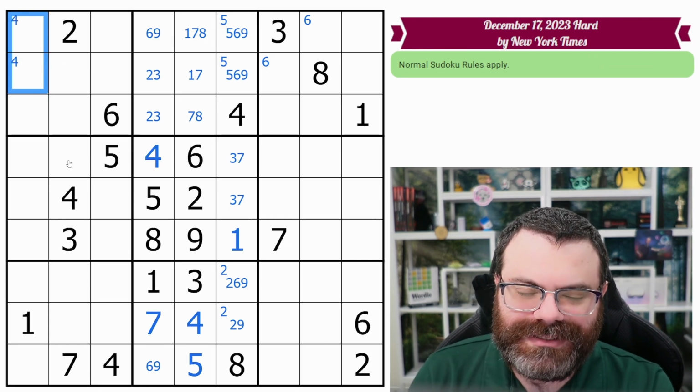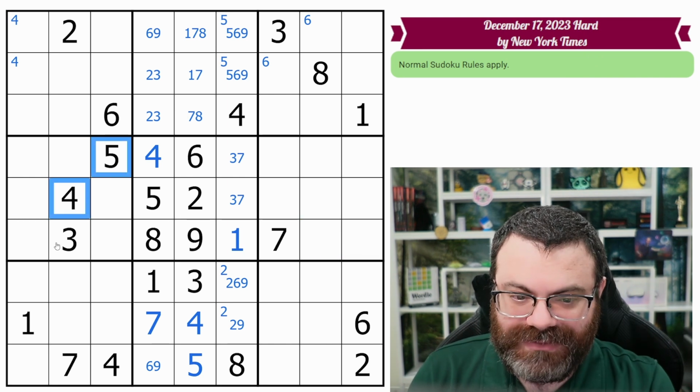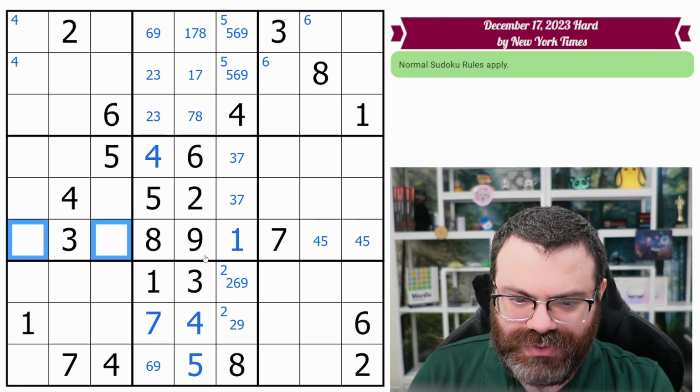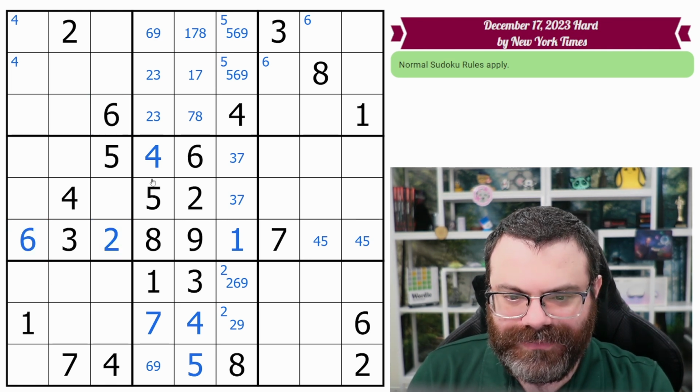And so you can notice things a little bit earlier, a little bit more holistically. So anyway, because of this 4, 5 not being here, it's over here. And that leaves 2 and 6 here, and this 6 sees this cell. So that's the 2, that's the 6. So